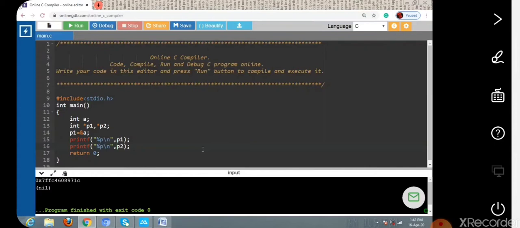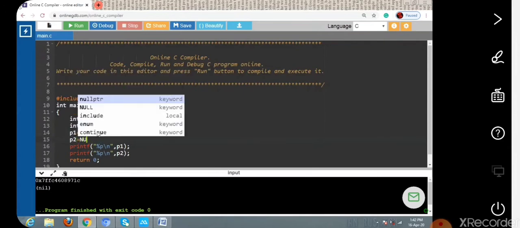Sometimes it will be printed as nil, otherwise it will print another, random address. That can lead to misuse of that particular pointer variable. In order to prevent this, we can initialize p2 with null, or declare p2 as a null pointer.